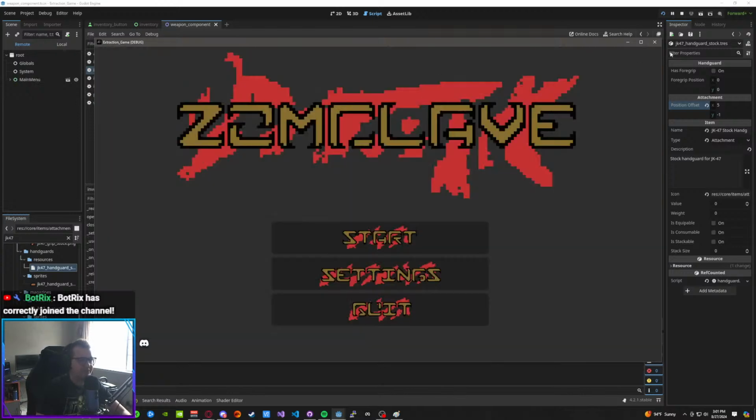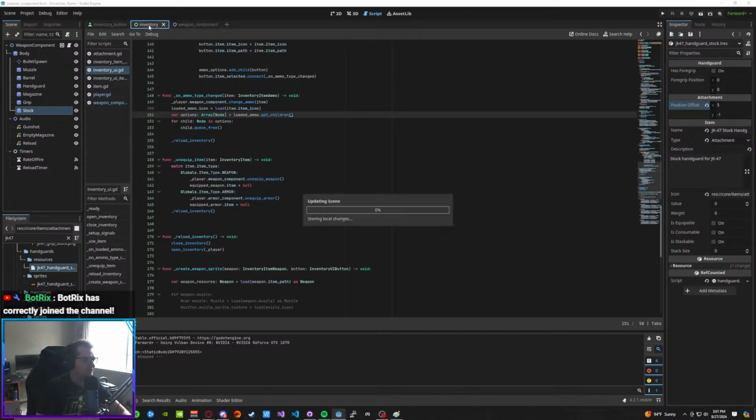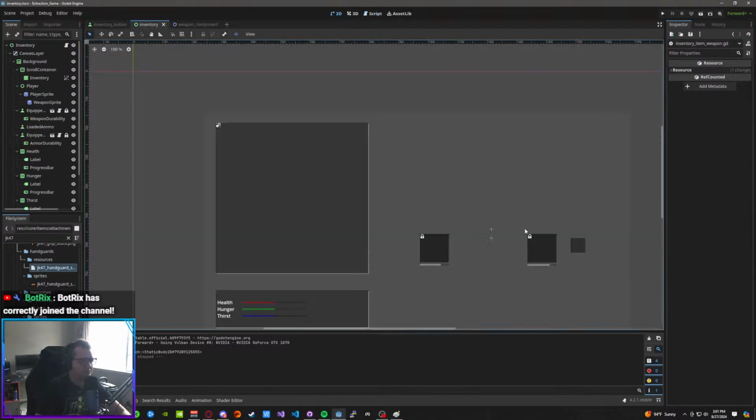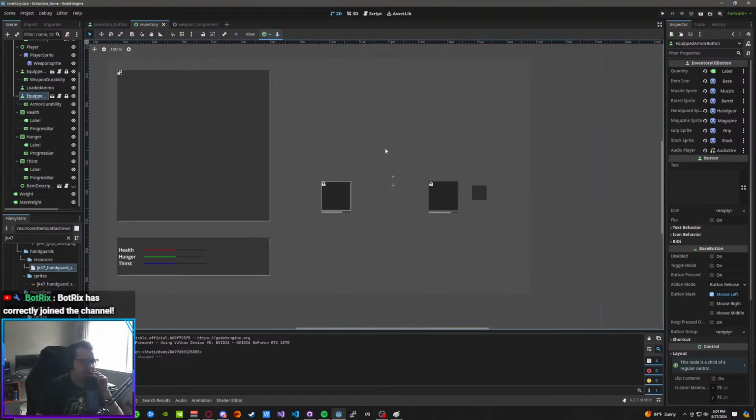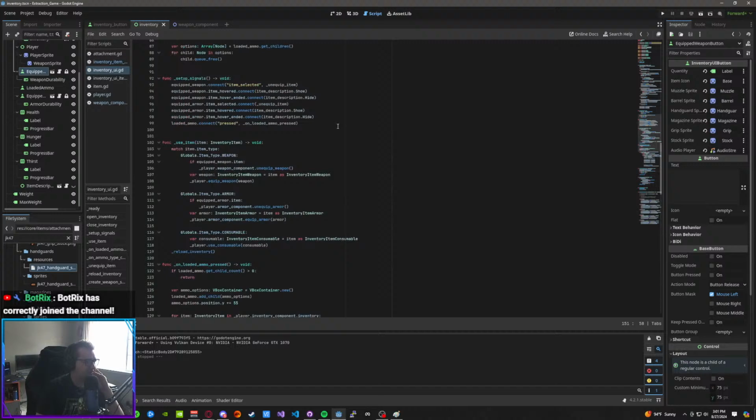Okay, I need to figure out what that button is. So on the inventory, I have an actual button here on this guy. Okay, so I don't create the button. That button just always exists, I guess. And then if I go into the script,